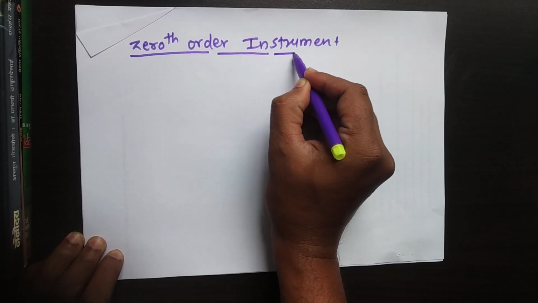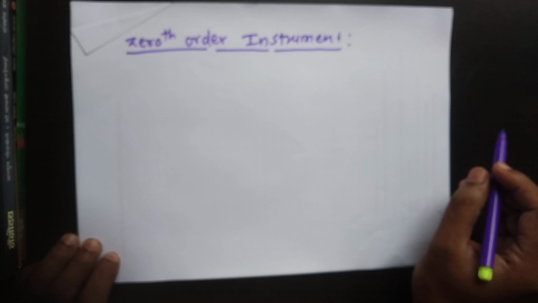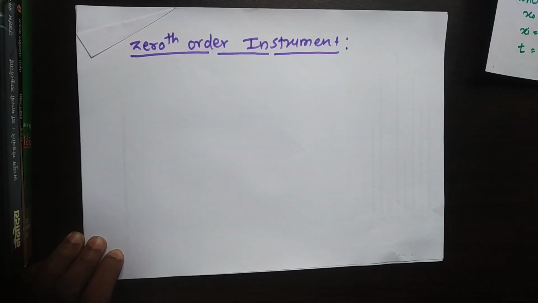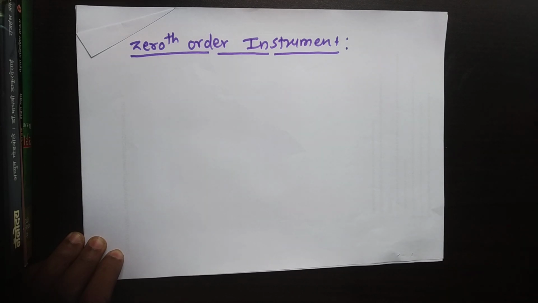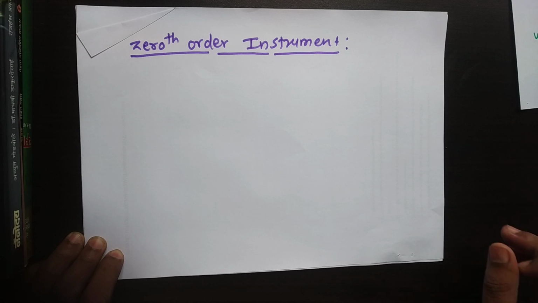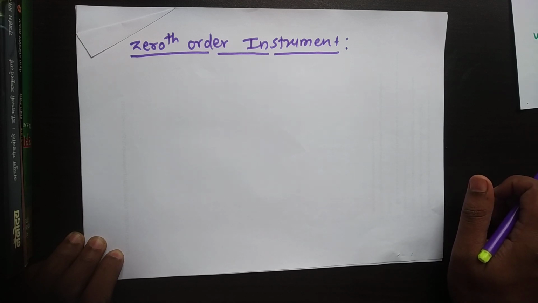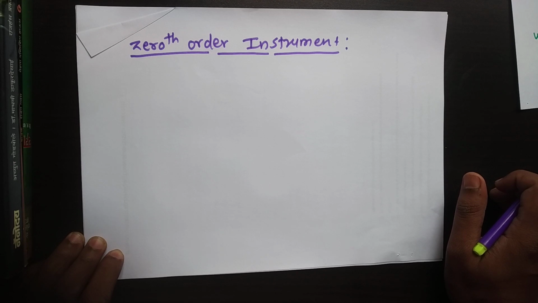So you may remember the nth order differential equation, and based on this nth order differential equation we will solve the zeroth order instrument. So in this zeroth order instrument, all a's and b's other than a0 and b0 are assumed to be 0. Okay, so what we have considered here, all a's and b's other than a0 and b0 are assumed to be 0, then this equation 1 becomes, okay, that previous generalized nth order differential equation would become,